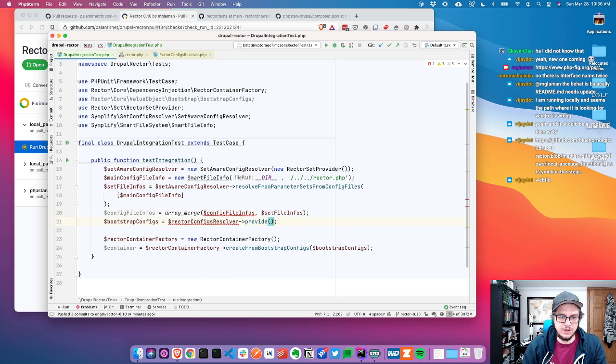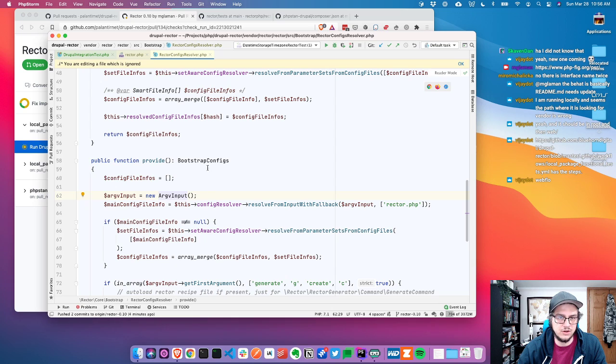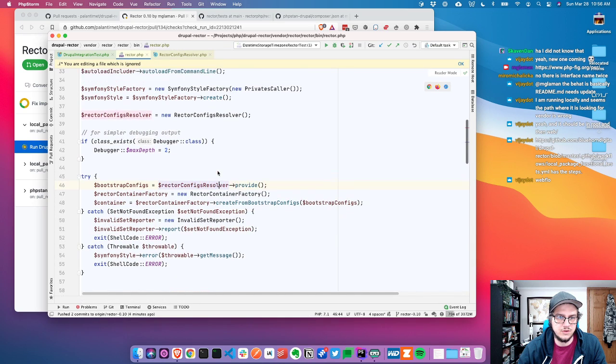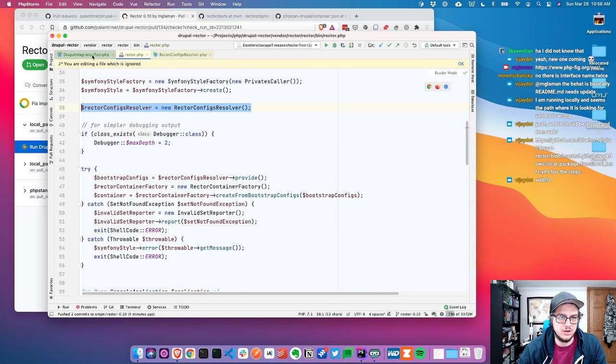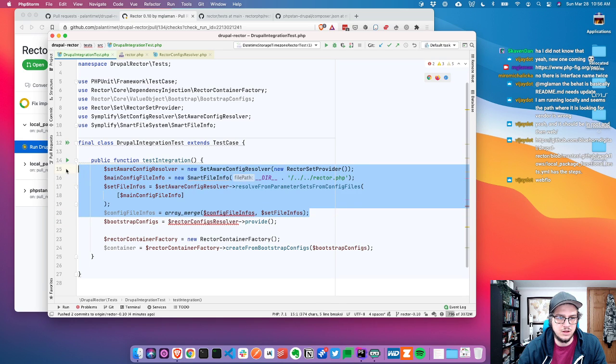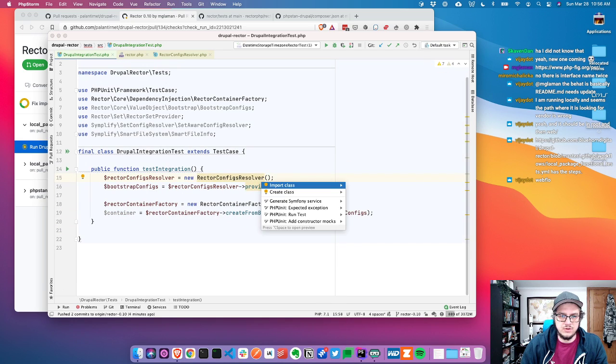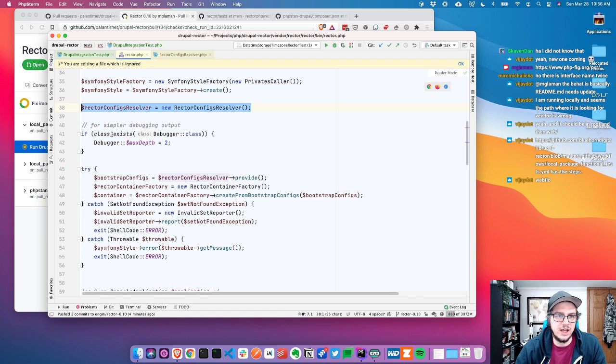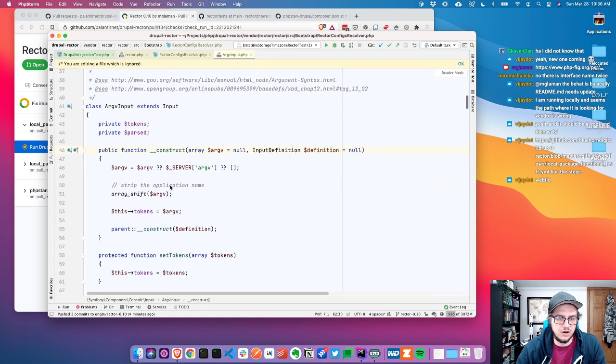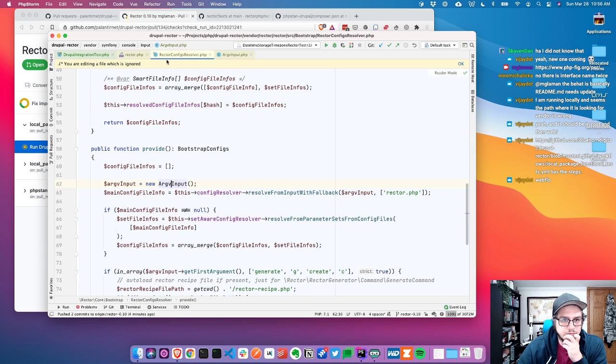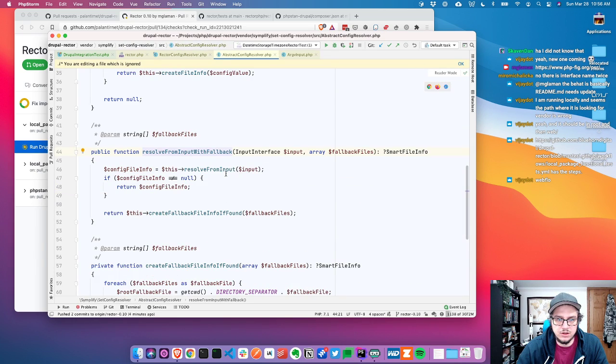So we want it to be rector config resolver. Provide, import the class. The only problem is this argv input reads from the server and then it resolves from input,